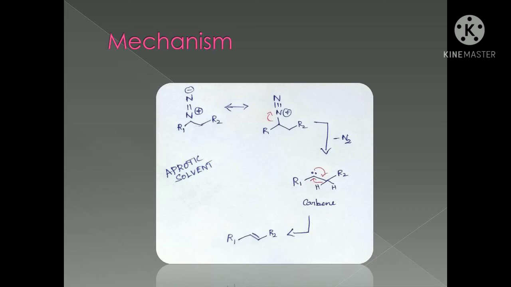Now, the mechanism of the reaction in aprotic solvent condition. The steps up to the formation of diazoalkane intermediate are the same, so I am discussing after that. Here, the diazo compound generates carbene by elimination of nitrogen. Then, carbene will undergo 1,2 hydrogen shift to form alkene. The elimination of nitrogen and migration of hydrogen can also happen simultaneously in this reaction. This is called Bamford-Stevens reaction.